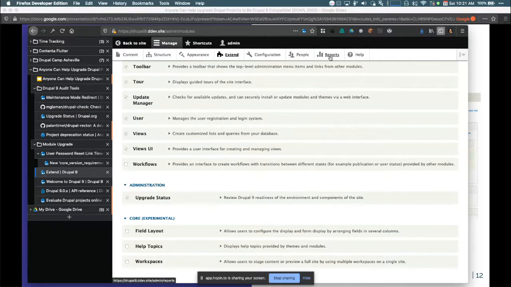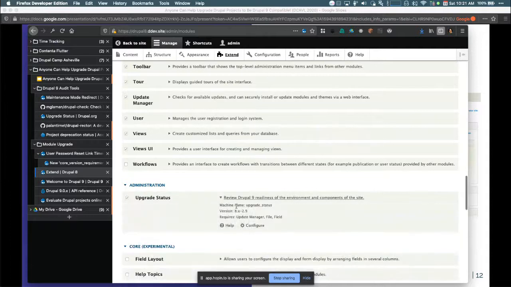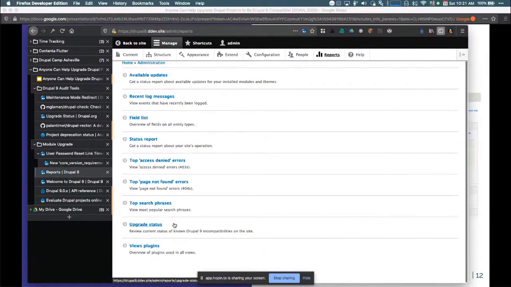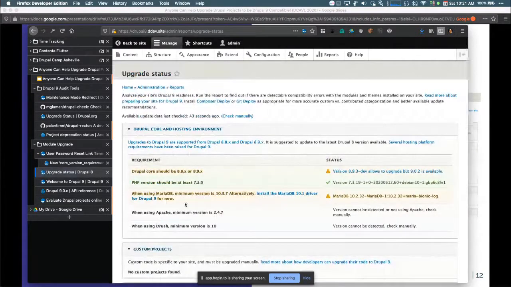I already know where to go to access this report. But just as a quick note for beginners and folks newer to Drupal, a lot of modules have these helpful links right here. I can open that little drop down and I can see Configure will take me to the report. If you want to go there manually, simply go to Reports and then go to Upgrade Status.